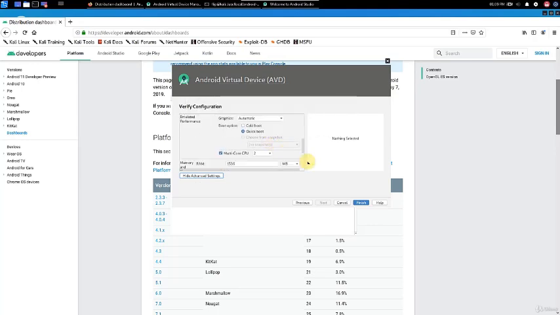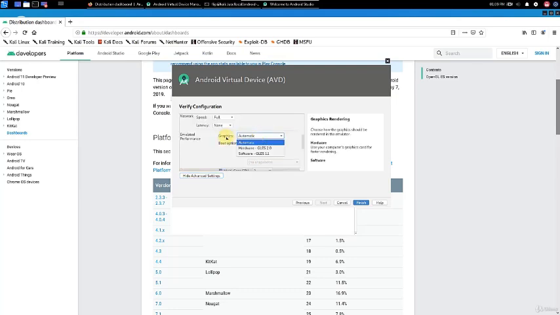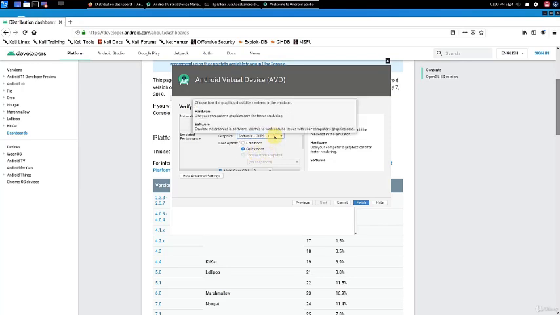One important thing is that you can configure the emulator performance by choosing hardware or software acceleration. If you choose hardware, it would be much better. It's much faster, but you'll come across many instances where you cannot run hardware acceleration. For example, when running inside a virtual machine. So in that case, you have to do it with software.